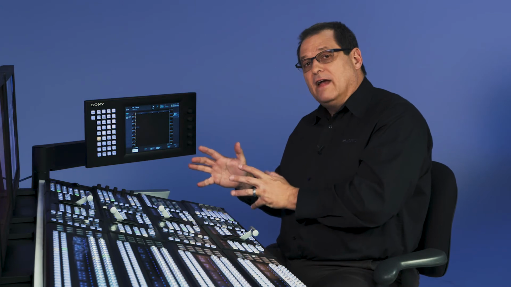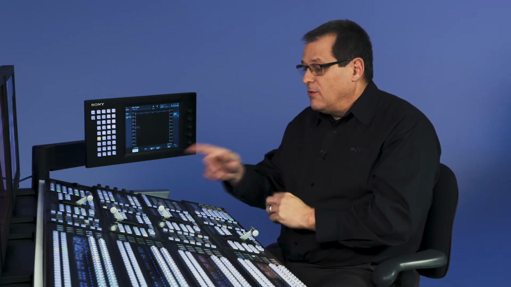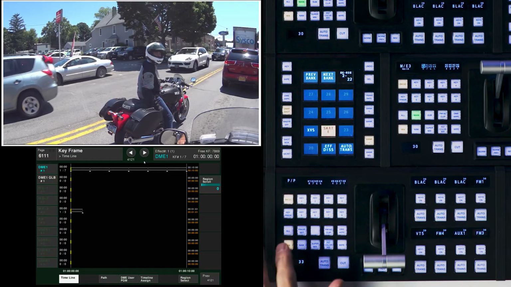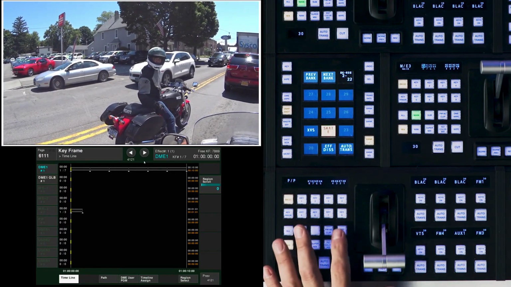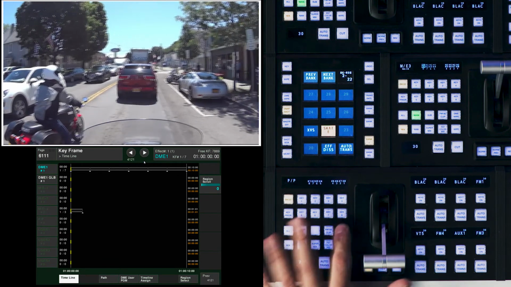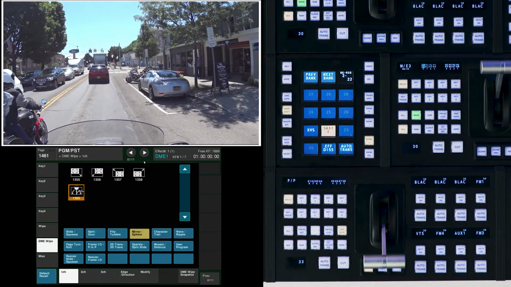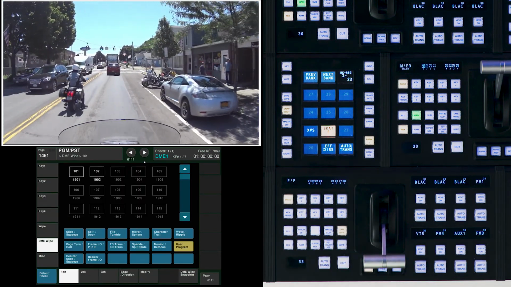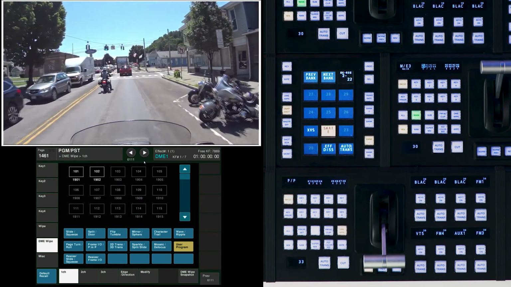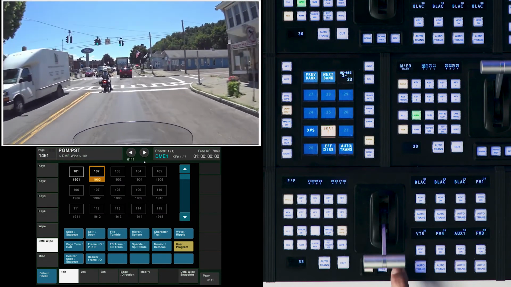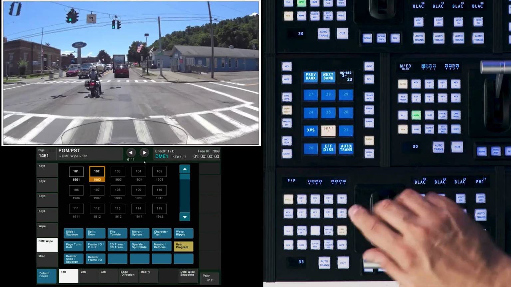I built this effect, number 102, using channel 1 of the DME. It's now going to play using channel 2. So if I come back down to my program preset bus and I go to DME wipes, double punch, I come to user program, and there's number 102. That's the one I just built. I'm going to go there and I'm going to run it